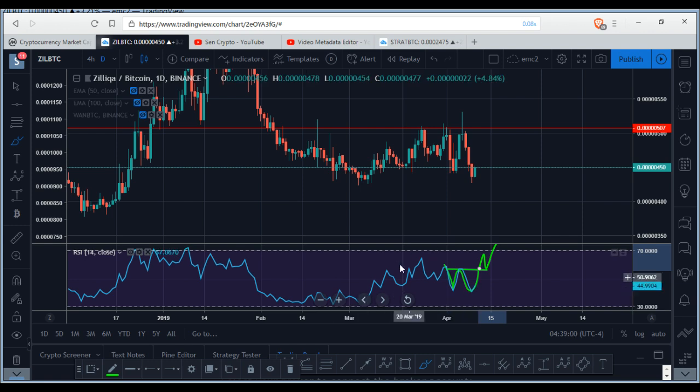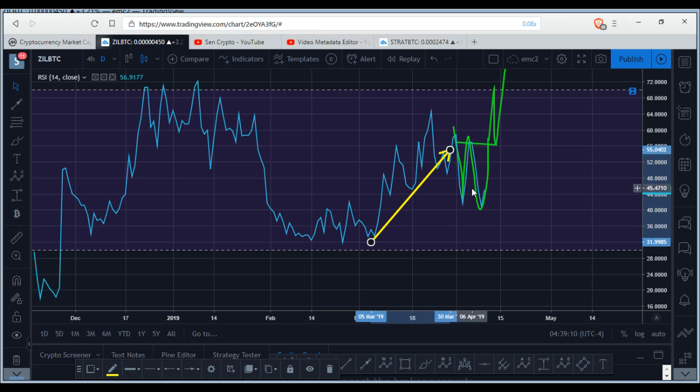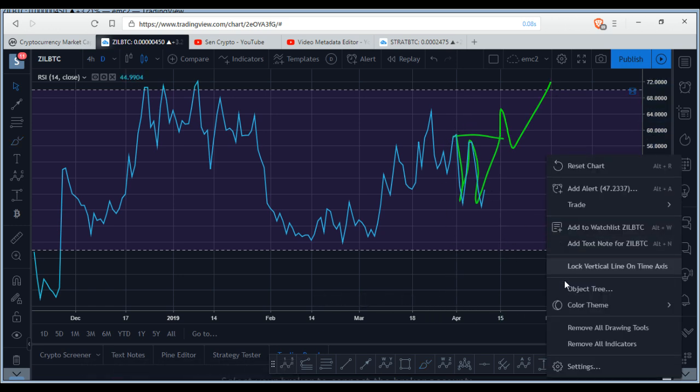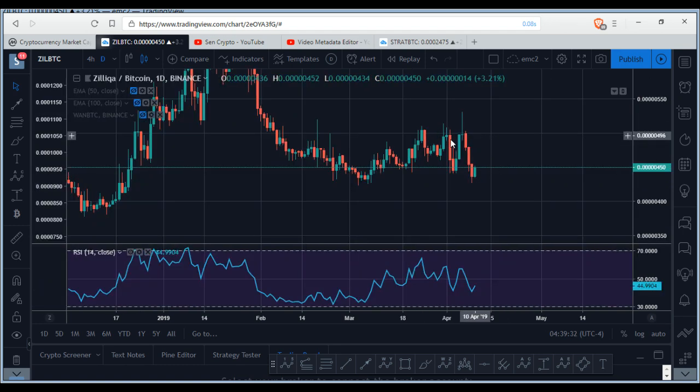When you take a look at the RSI, it is pretty promising, because we got this nice slow uptrend on the RSI, right? Take a look at it. We got this nice slow uptrend. All of a sudden we break down because of BTC, right? So we're gonna get this W. Keep in mind, we're gonna get this W, just like that. Possibly we're gonna break it, come back, retest it, and then get to that area. So if AION wants to make this move, most likely,